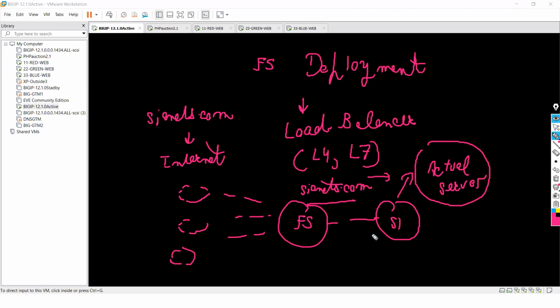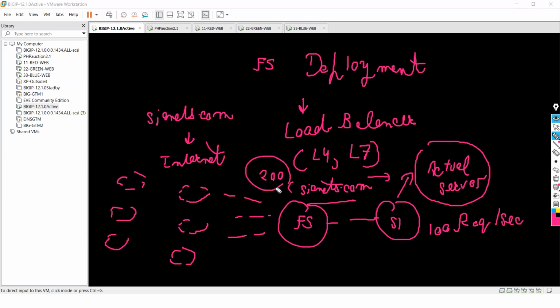Now, I have a server with the capability to handle 100 requests per second. But I have multiple users who want to access it and requests come to F5. 200 requests have come, but this server can handle only 100 requests. What will happen, guys? I have multiple users coming from the internet.